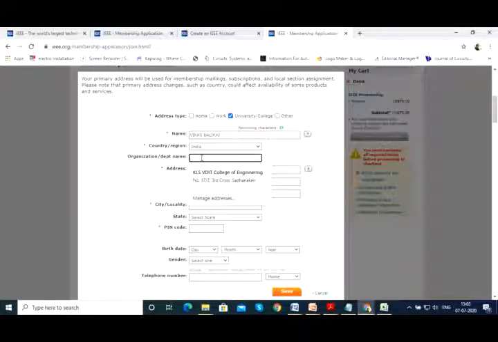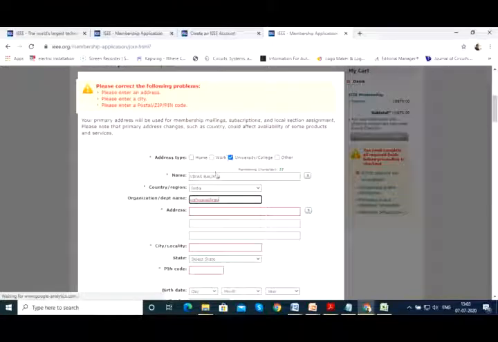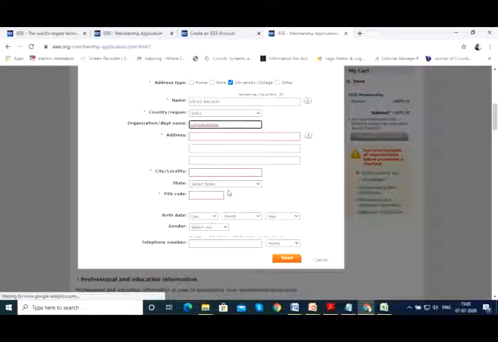In the organization section, you can just type Vishwanath Rao Deshpande Institute of Technology.